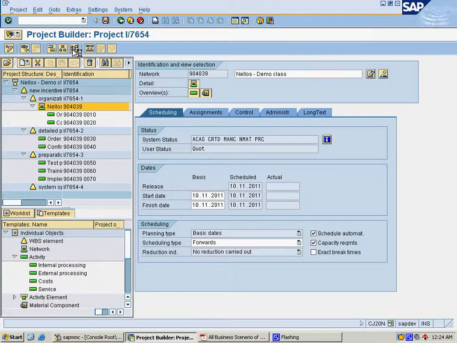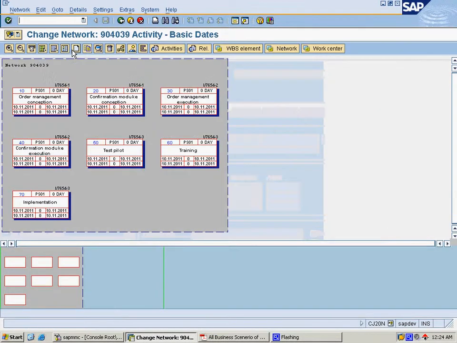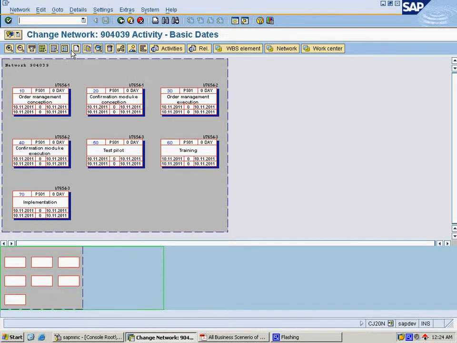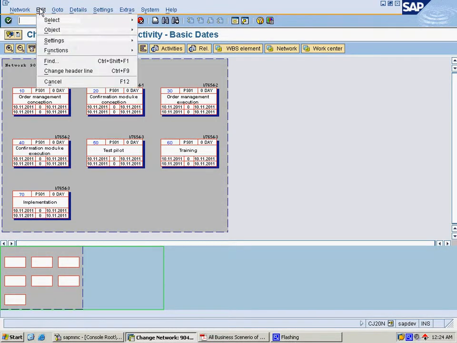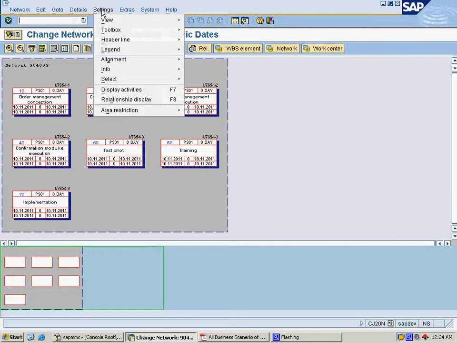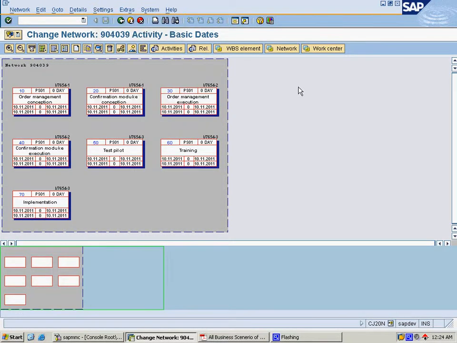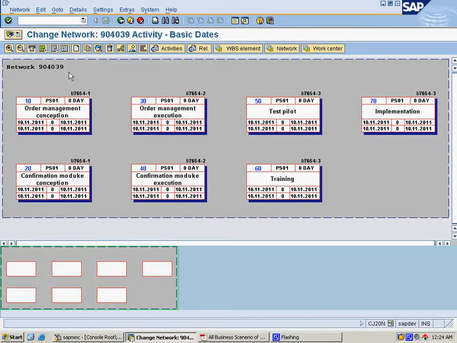Once it is clicked, it will open a screen with the same details we have in the activities, and we can choose the complete view by adjusting the complete graphic to display the graphic very clearly.